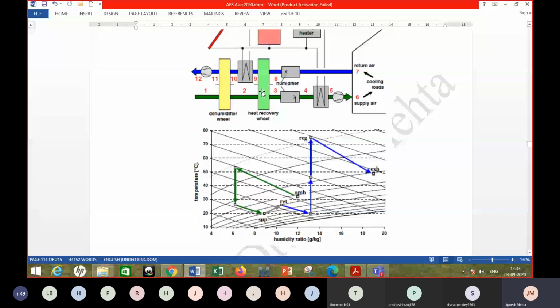Now you can have a look at the numbers that are shown here. So atmospheric air is at state 1. That state 1 is here, ambient, right? So you can see what is the temperature. The temperature is slightly exceeding 30. Now in summer, in our regions, the temperature can easily exceed even 40 degrees Celsius, right? But here the temperature is somewhere around 32 or something. And the moisture level is around 12, maybe slightly higher than 12.